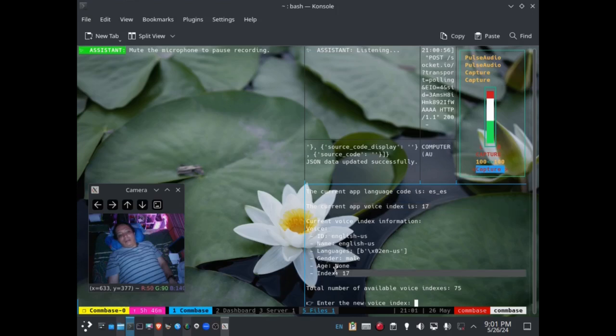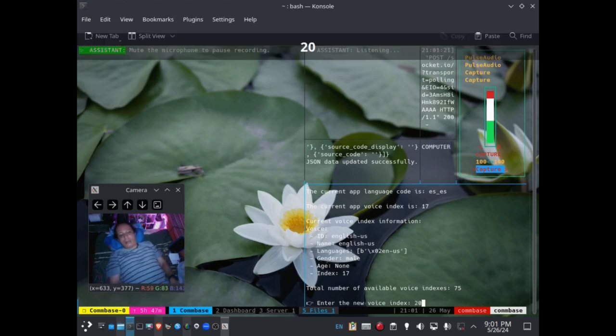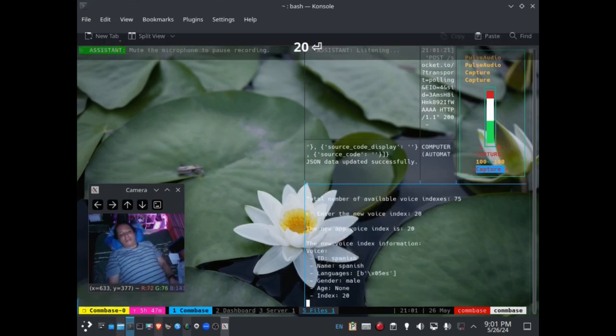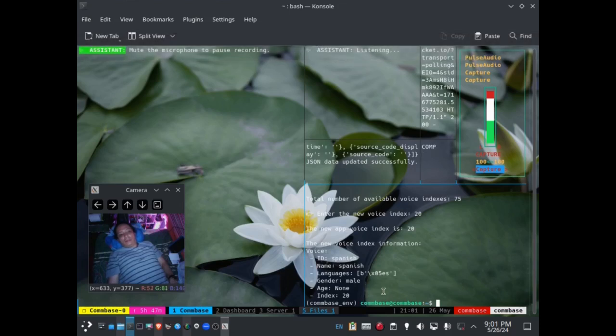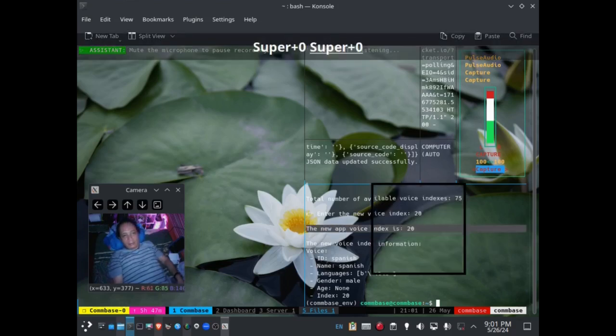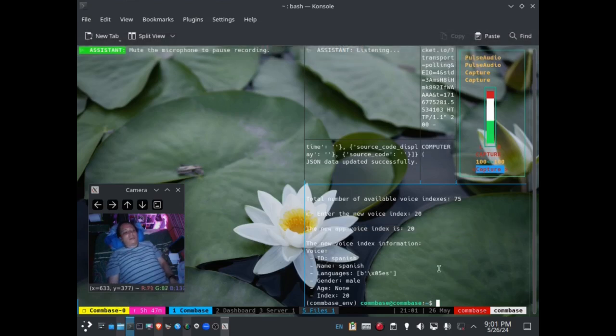Okay, there are 75 indexes you can use. The language code is Spanish here, so I said it was 20, right? So I'm going to say 20 here and press enter, and it's going to tell the new voice index information. The new app voice index is 20, as you can see here. Okay, Spanish. So now it is all set up, right?